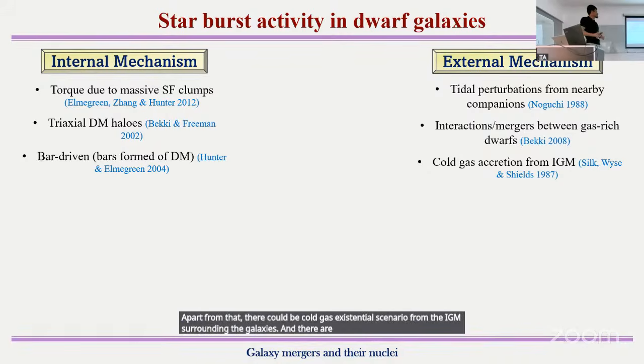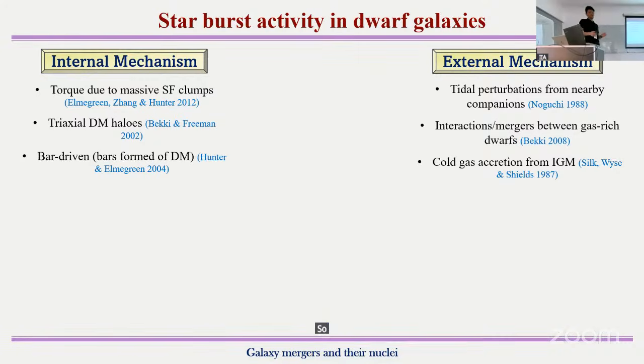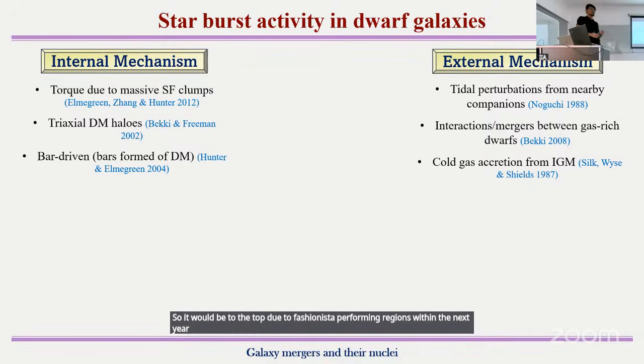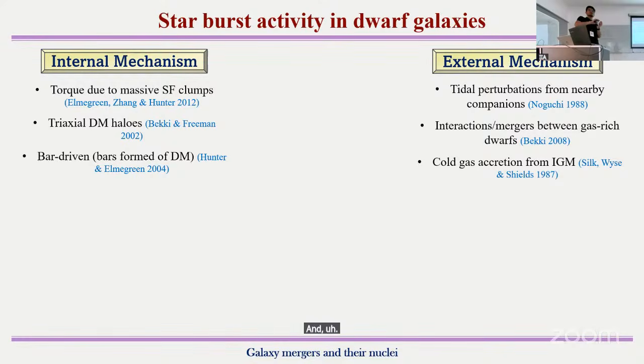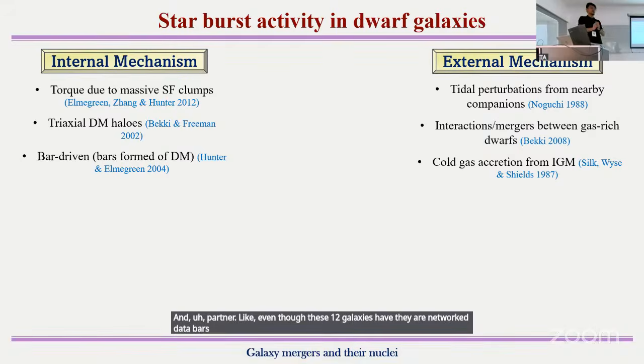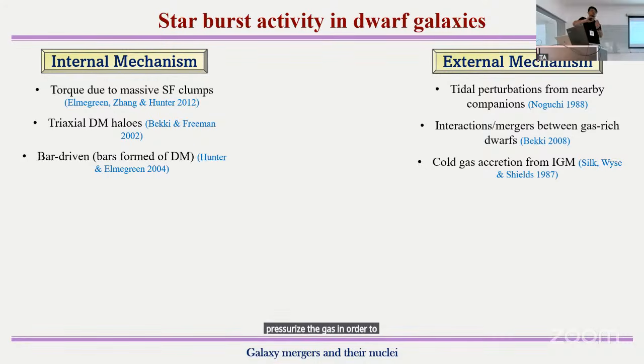And there are several internal mechanisms as well. So we are considering that as a secular evolutionary process. It could be due to the torque from massive star forming regions within the galaxy. There could be some feedback mechanism as well. And there are some other theoretical scenarios in which a triaxial dark matter halo could lead to starbursting activity, and bar driven activity. Even though these dwarf galaxies have stellar bars and density waves, some theoretical people have suggested that there could be dark matter satellite interaction, or the presence of these dark matter satellites would pressurize the gas